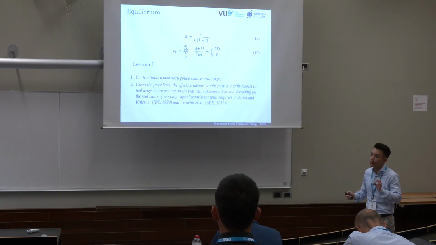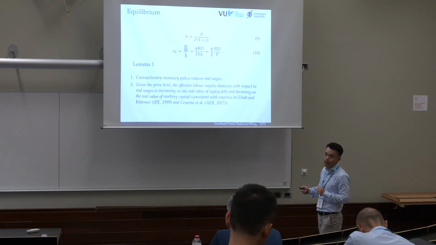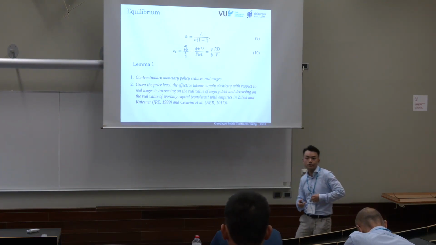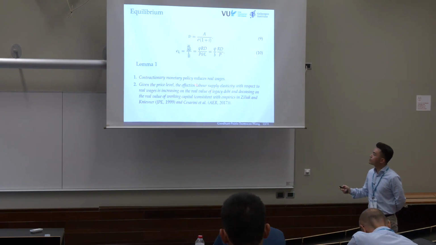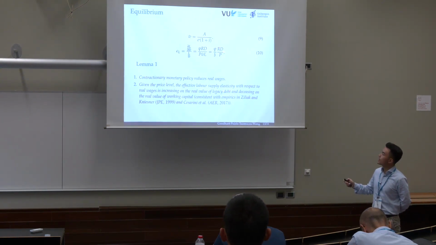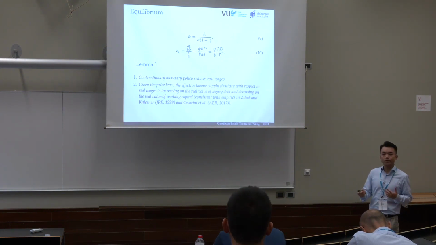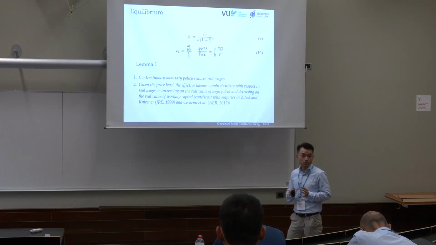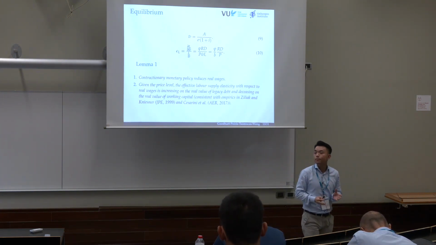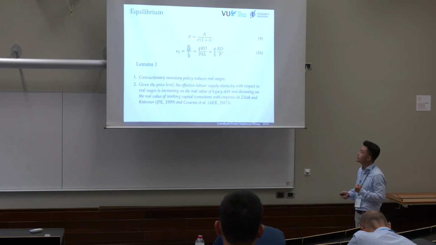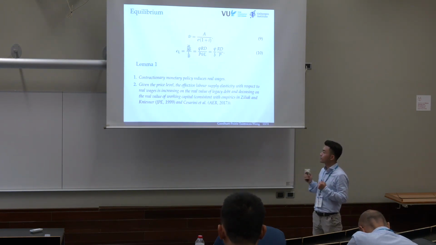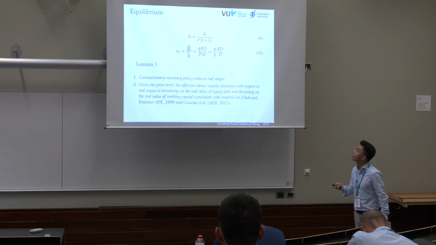Working capital is a short-term credit for working capital financing, and that's obtained through the money market. And corporate debt is of a longer term, and that's held by the lender working households. What we show here is that the labor supply elasticity increases with the real value of corporate debt and decreases with the real value of working capital. And this is interesting because labor supply elasticity not only depends on the preferences, but also on the household's portfolio, the debt condition in the economy. And that's consistent with empirics in Ziliak and Knisler and Cesarini and so on.